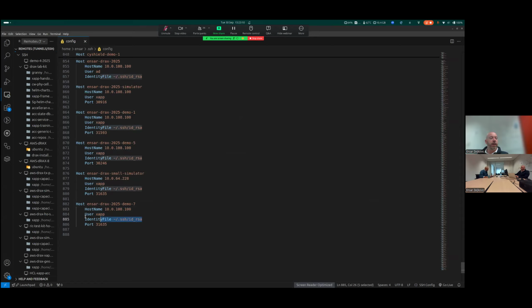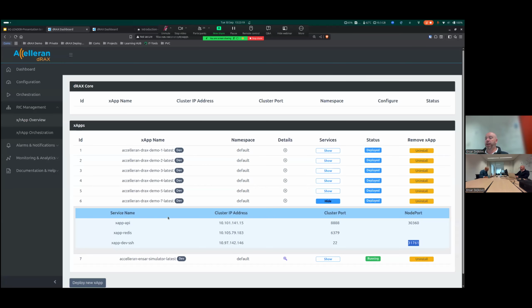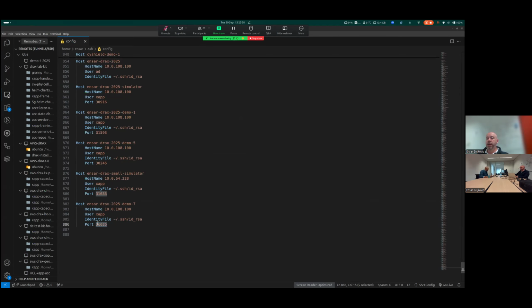I just copied my SSH key, so I can use my default one, and I just have to copy that port number, which is different for each xApp. So I can go back to the dashboard, get my demo xApp, find the dev SSH, and use this node port, which is exposed to the external world. I copy that and paste it over here so that we have the port number.